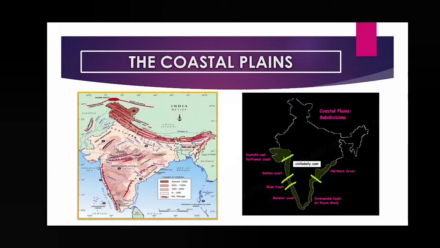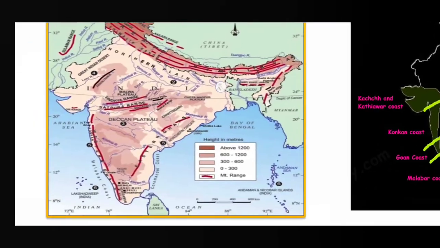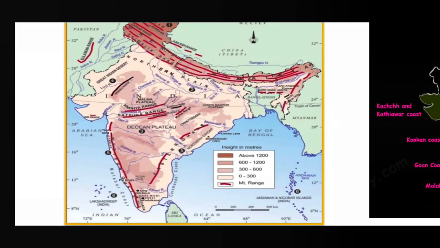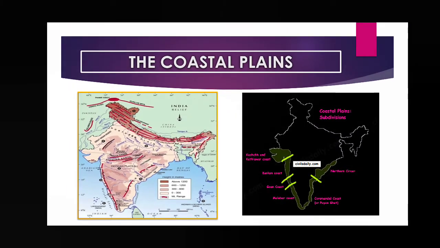So let us see in this picture. Take a look here: from here, the Mahanadi river is present up to the Krishna river. This is the Krishna river, present up to there, and that is called the Northern Circars. After the Krishna river to Kanyakumari or Cape Comorin, that is called the Coromandel coast. That means the northern division of the eastern coastal plain is called the Northern Circars, which includes the Odisha and Andhra Pradesh coast, and the Tamil Nadu coast comes under the Coromandel coast. Here also in this map you can see the boundary is already given, the green colored line, which is the boundary between the Northern Circars and the Coromandel coast.